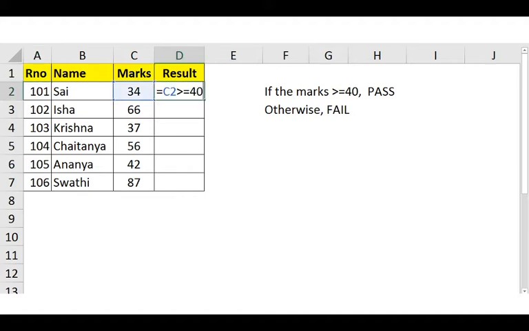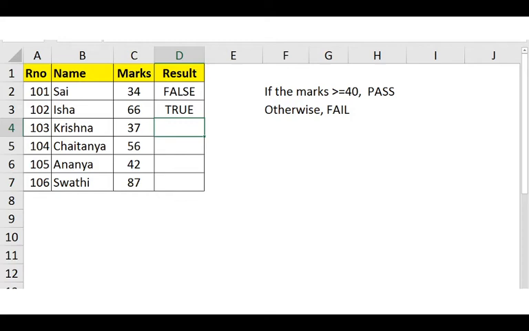We can as well write a simple condition like this: the cell value is greater than or equal to 40. We are not using any function here. We simply write the condition, is equal to the cell value greater than or equal to 40. When we press enter, it will give you the result. So as per our condition here, it is false. We'll write the condition in the next cell. Here the result is true. Now if we observe, if we write the condition, we are getting the result as true or false.